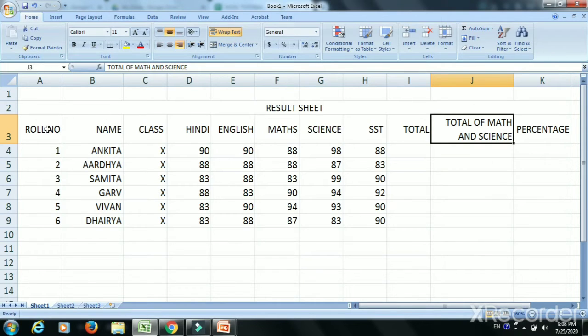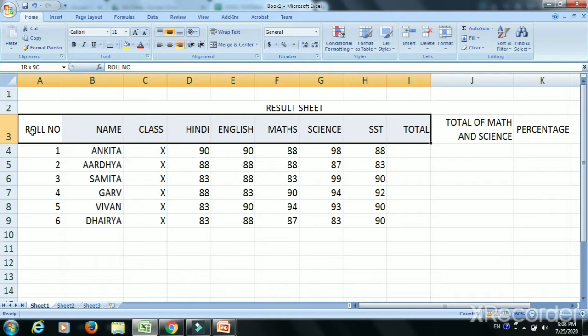You can see in these columns the alignment is at the center, but if I want all these columns to appear at the top, roll number to appear at the top, name to appear at the top, so what can I do? I will select the data and I will take this vertical alignment top option.